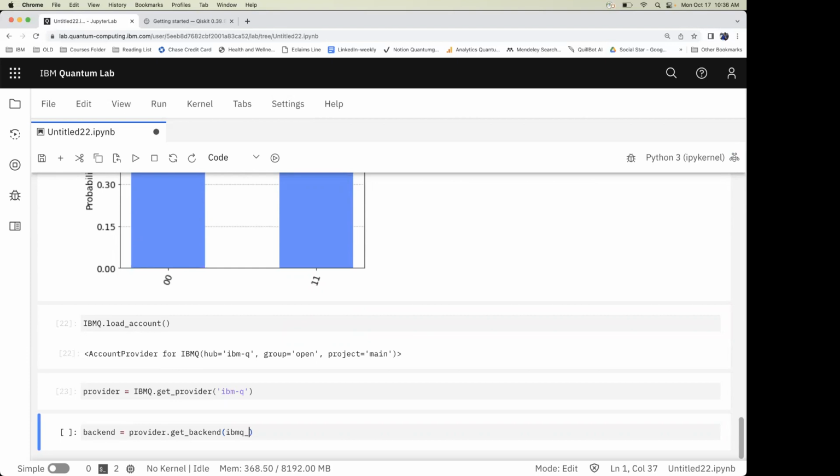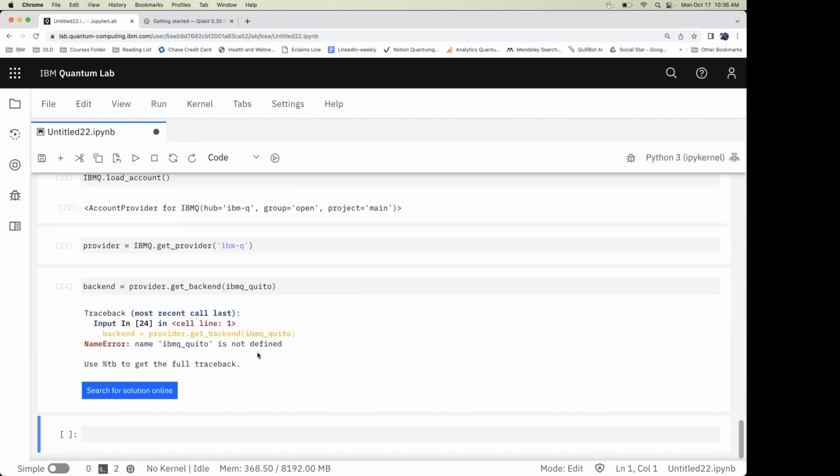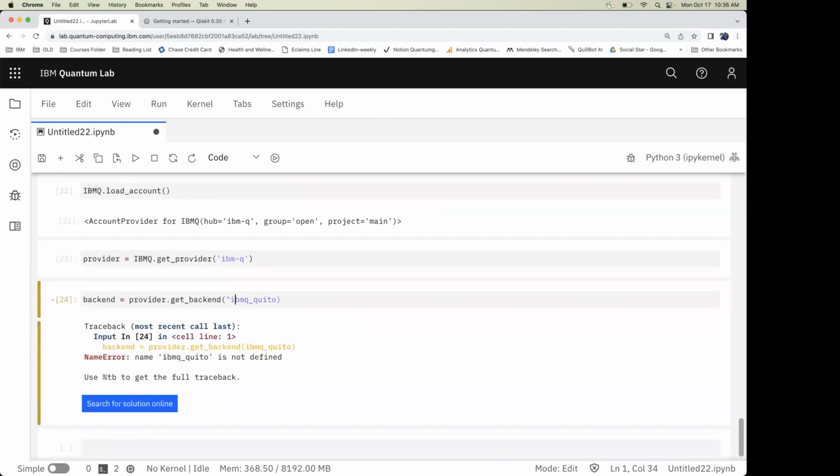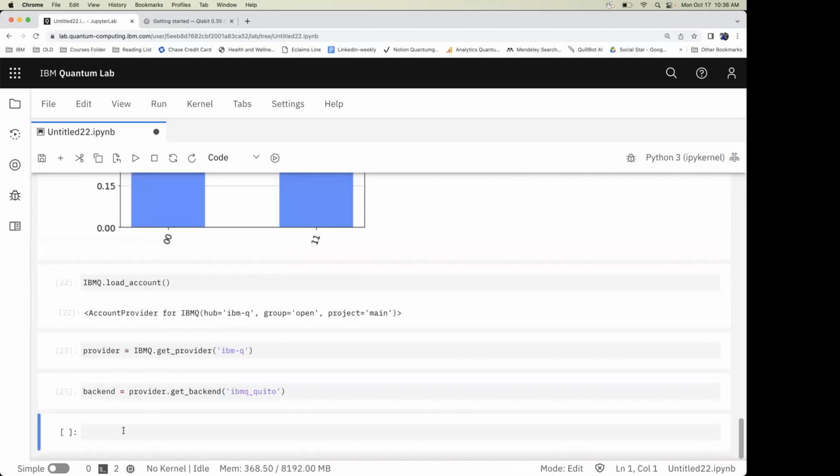So I can use IBM. I've just taken any quantum computer available. This is just the name of one quantum computer that we have in IBM.